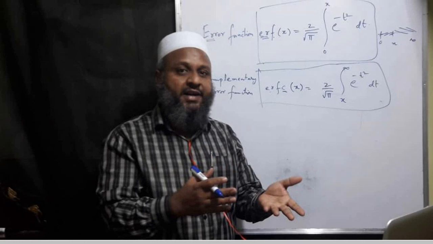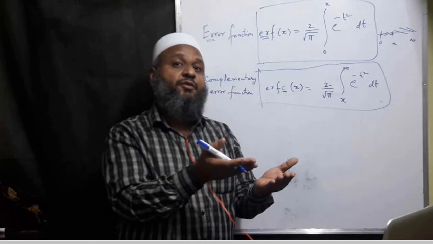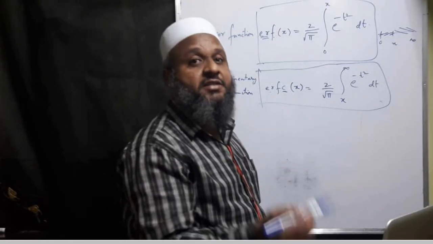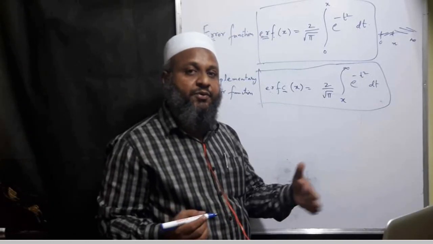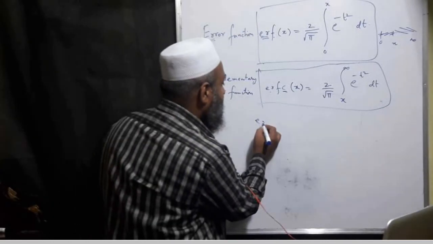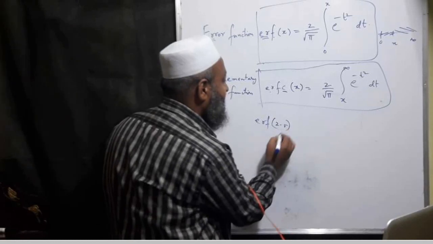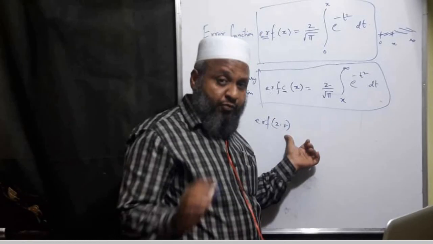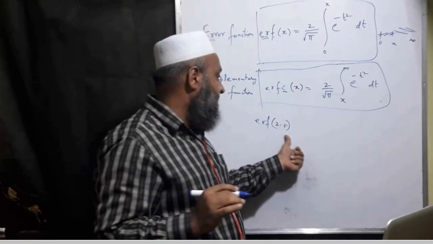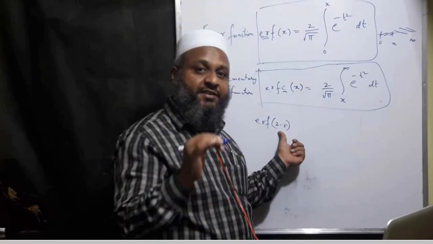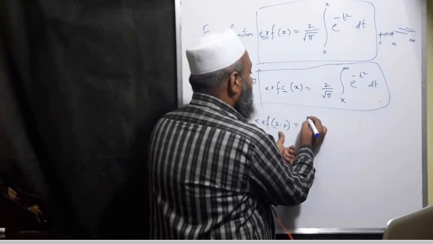They have applications. Tabular values, meaning calculators, are available on the net. You can calculate what it is going to give. For example, I say error function at 2.5. Just remember the sentence: once you know about probability, you will understand that the error function at 2.5 is equal to